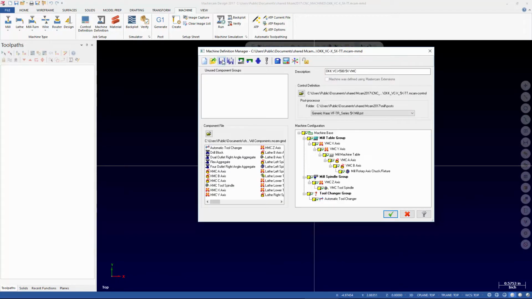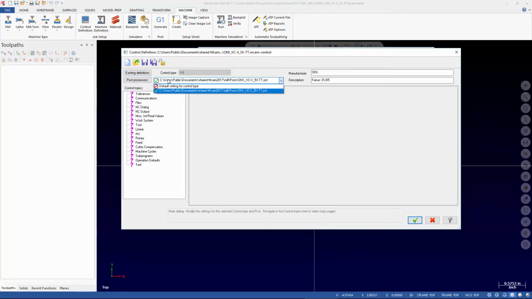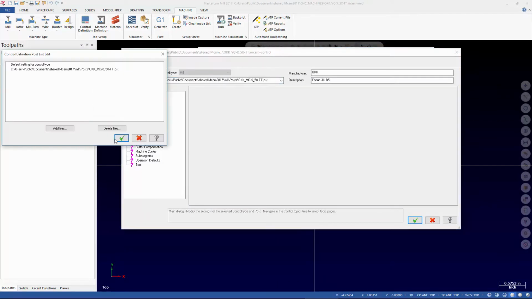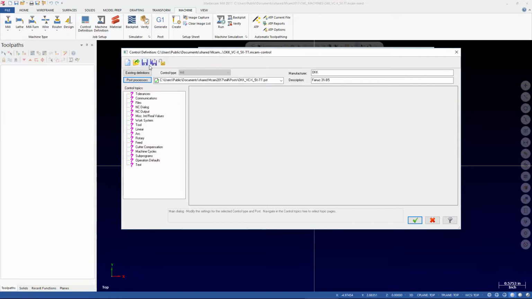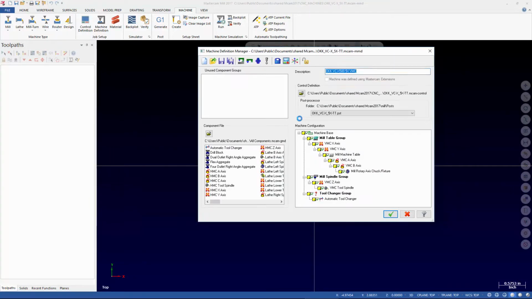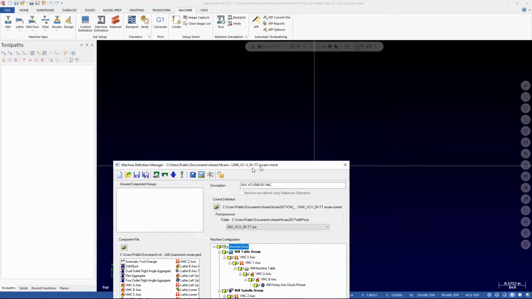Now, sometimes you actually have to save this and then reload it. So it looks like it maybe didn't get rid of our definition like we thought it did. You can check that. Yeah, sometimes it's just a little funky like that when you're replacing a control definition. Make sure that's set right. Now, if we look at the setup,